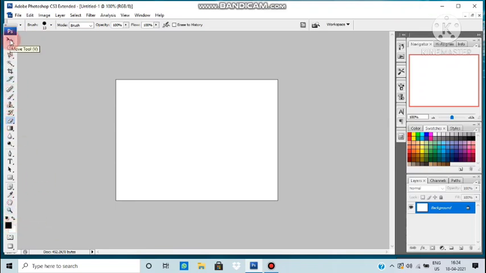Here we had used the move tool, there the elliptical marquee tool, here the lasso tool, magic wand tool, crop tool, and this slice tool we haven't done till now. I'm going to start with this brush tool or pencil tool. Right click, you will get both the tools here only, pencil tool and brush tool. Here it is: brush tool, pencil tool, and color replacement tool. We are going to practice these two. Brush tool first. Let's select it.